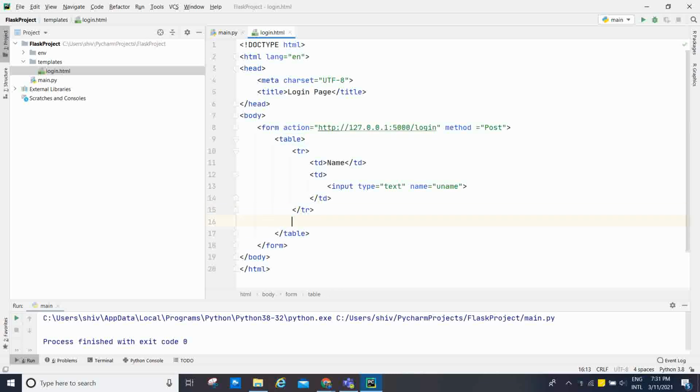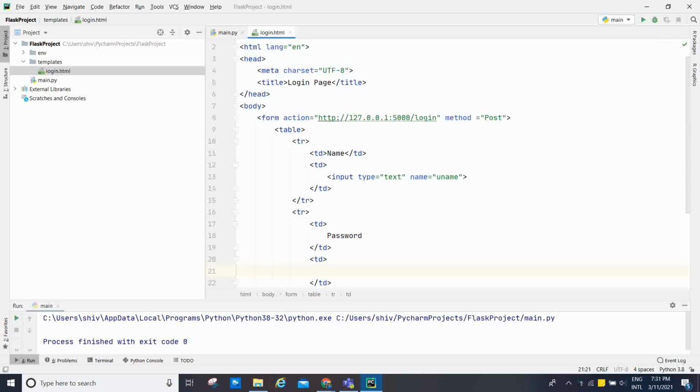Now I'm going to open a new tr, and inside the td this is the password, and one more td, this is the input type.